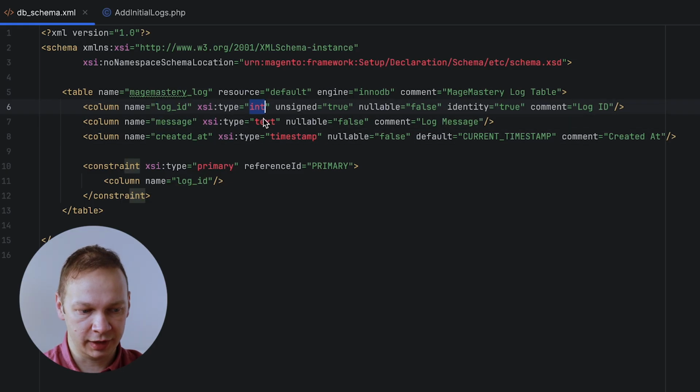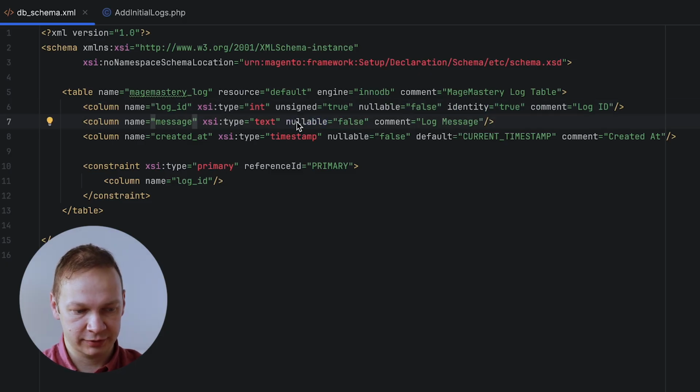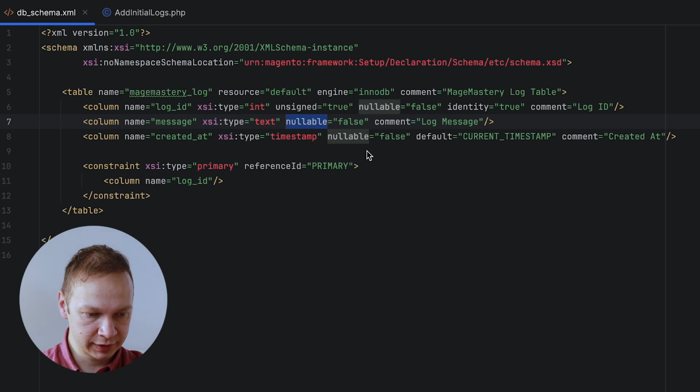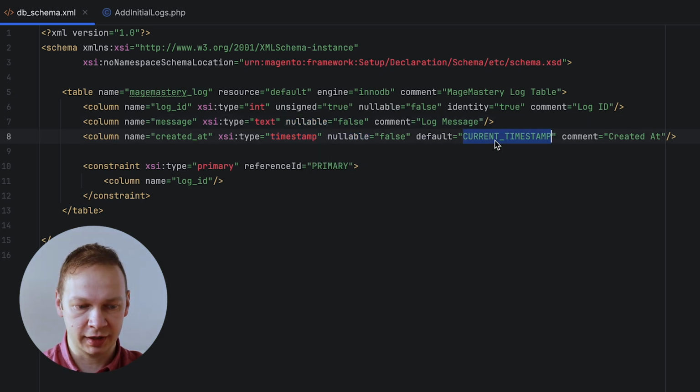Also, we provide a type for each column, and we say whether it's unsigned, nullable, whether it's identity, so for primary keys. And for message, for example, we have nullable false, meaning that we expect this message to be in every record. And created_at with